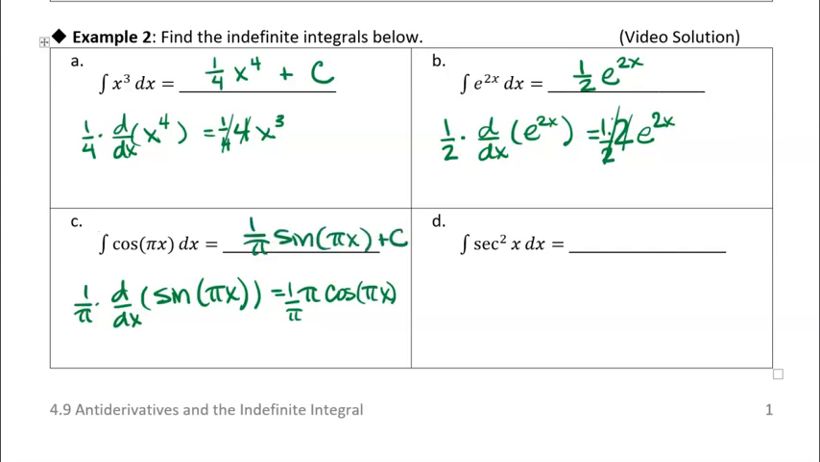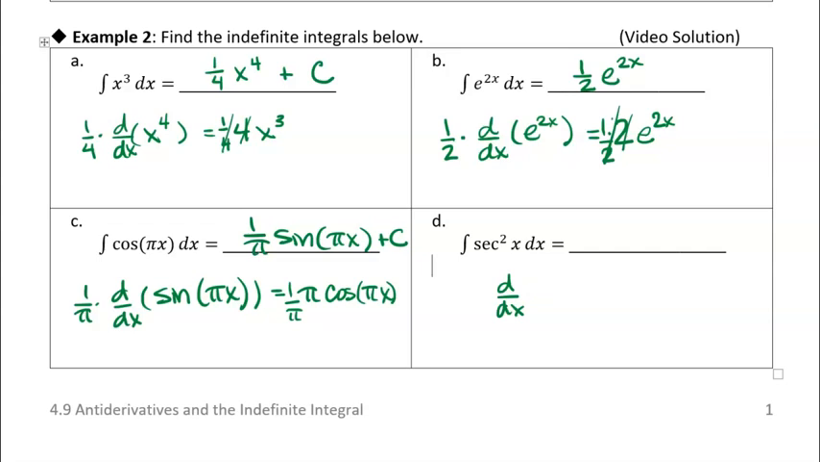Again, you can always check this by taking the derivative of the antiderivative, and it should give you the original function back, whatever the integrand is here. All right, got one more. Secant squared. If you recall, the derivative of tangent of x